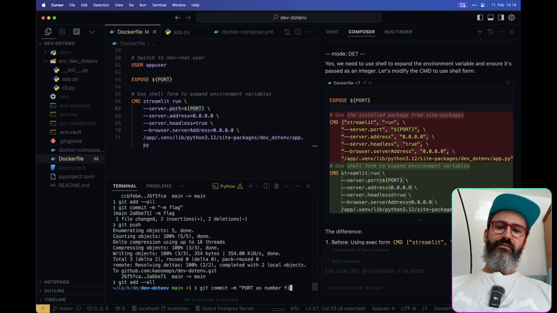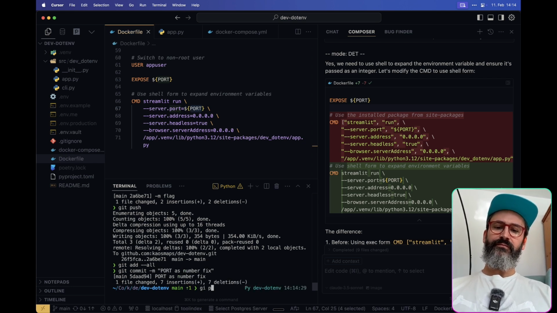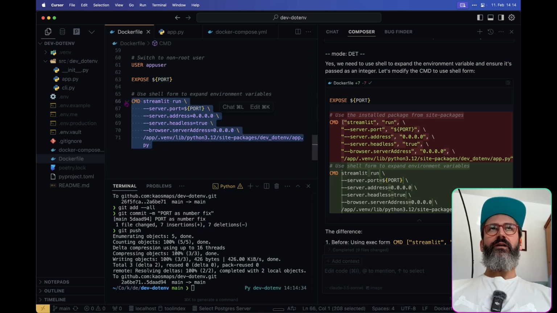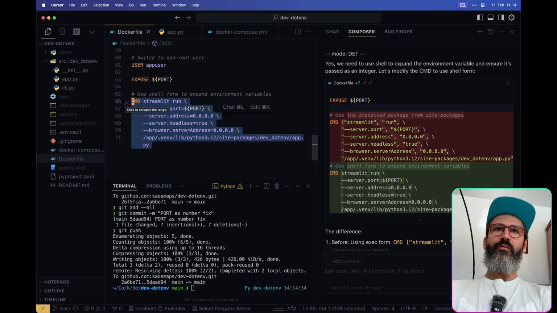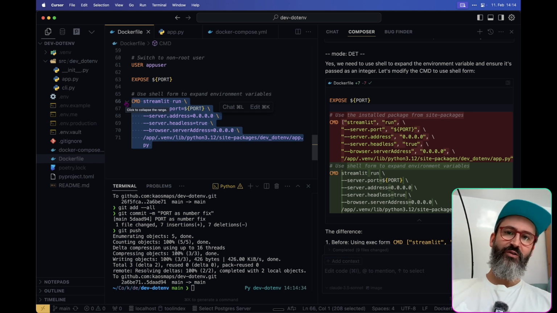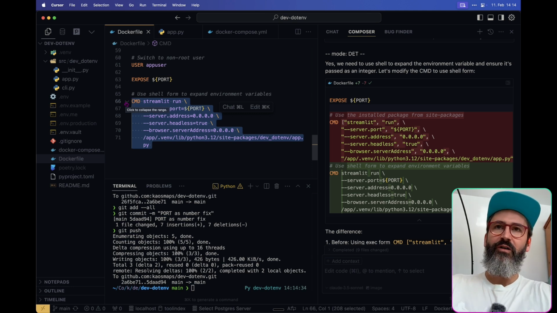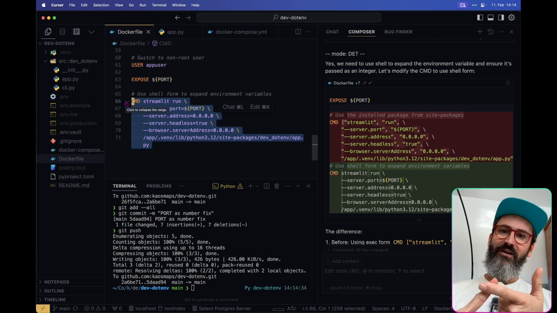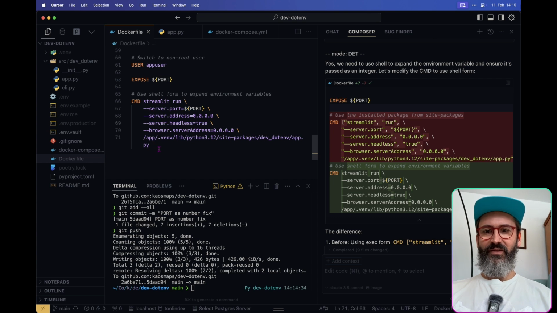Port as number fix. Yeah, just for this command, getting the command statement correct for the different app or language scenarios that you're in. For Python it needs to be this, and probably it shouldn't. There's probably one way that fits all languages, and that's best practice. I yet seem to either find this best practice or remember that best practice, which is yet another reason for